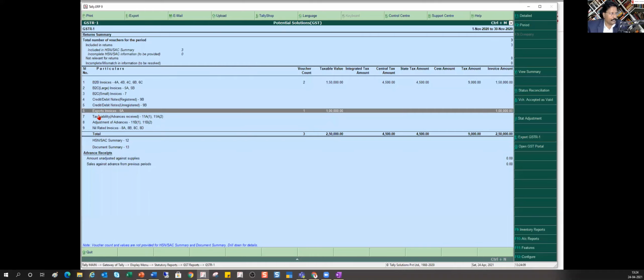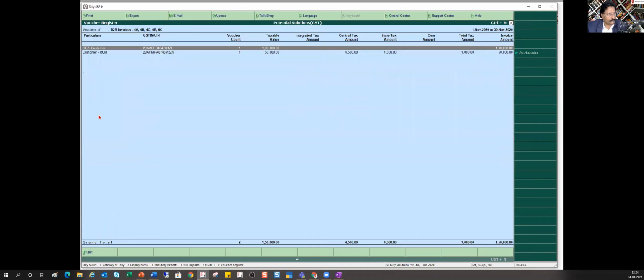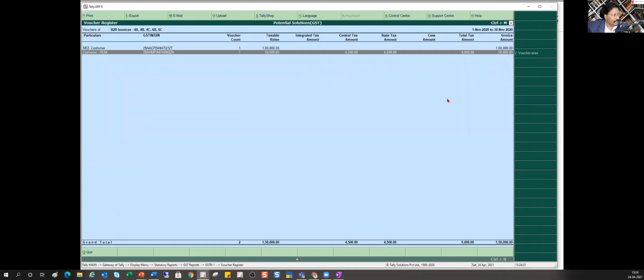Now it is showing you B2B here, two things. One is my SEZ customer that I have sold 1 lakh without tax under LUT and bond, whatever. The second is customer RCM. Though it is showing you the tax amount here, when you are filing your return, you have to mark that the second one, customer RCM, should be marked as reverse charge. You have to say yes. Only then your form will not consider that as your liability. It will mark the liability for the purchaser.